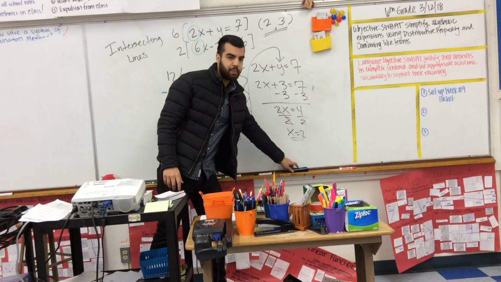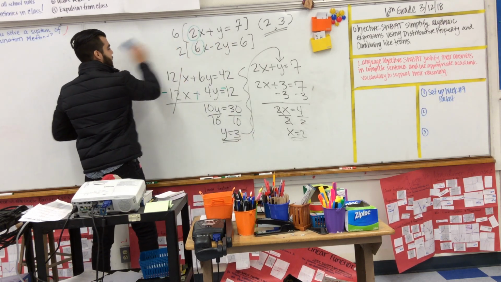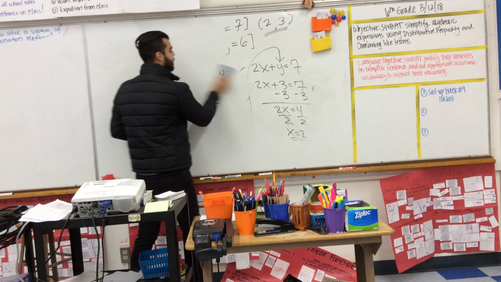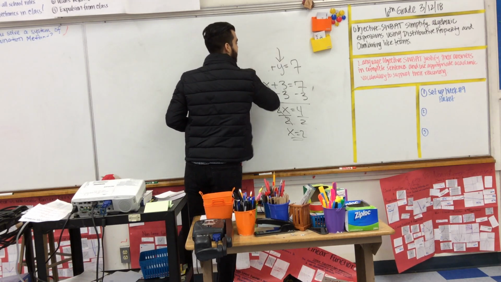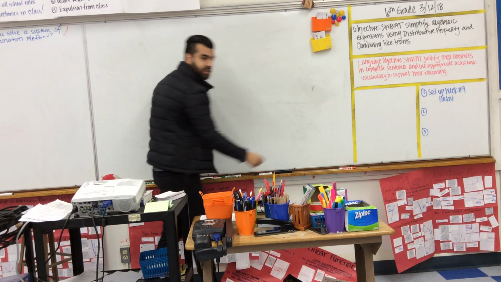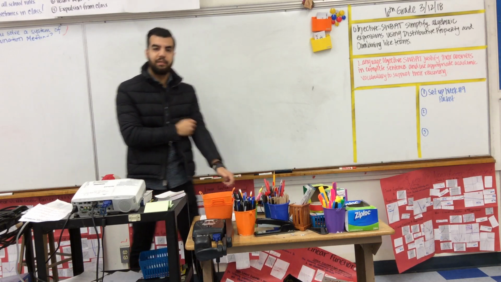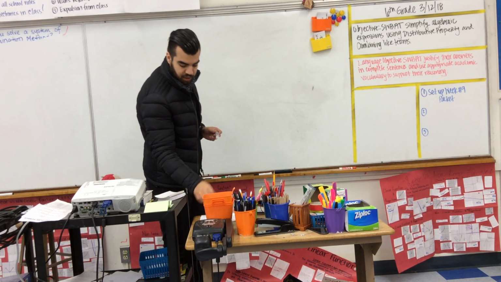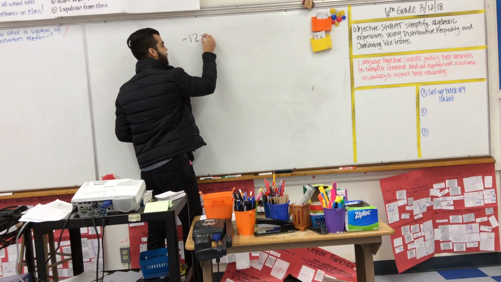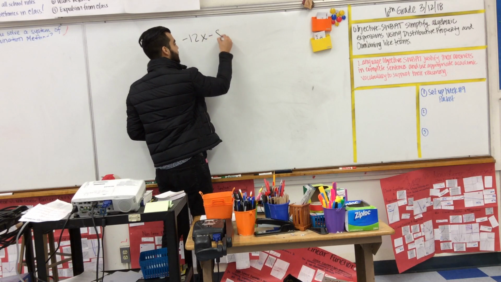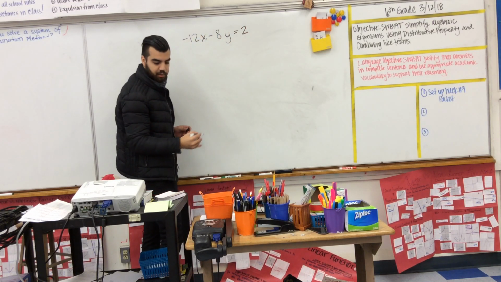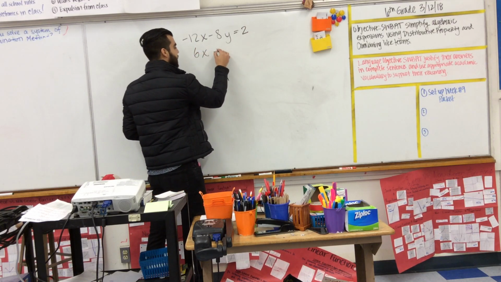Let's try one more example. Let's see if we can go over an example with a special case. But everything, again, pretty much works the same way. You first want to check your system, and then does anything eliminate? If not, then you're going to do these rules. So the next one we're going to try is negative 12x minus 8y equals 2. And then for the second equation, we have 6x plus 4y